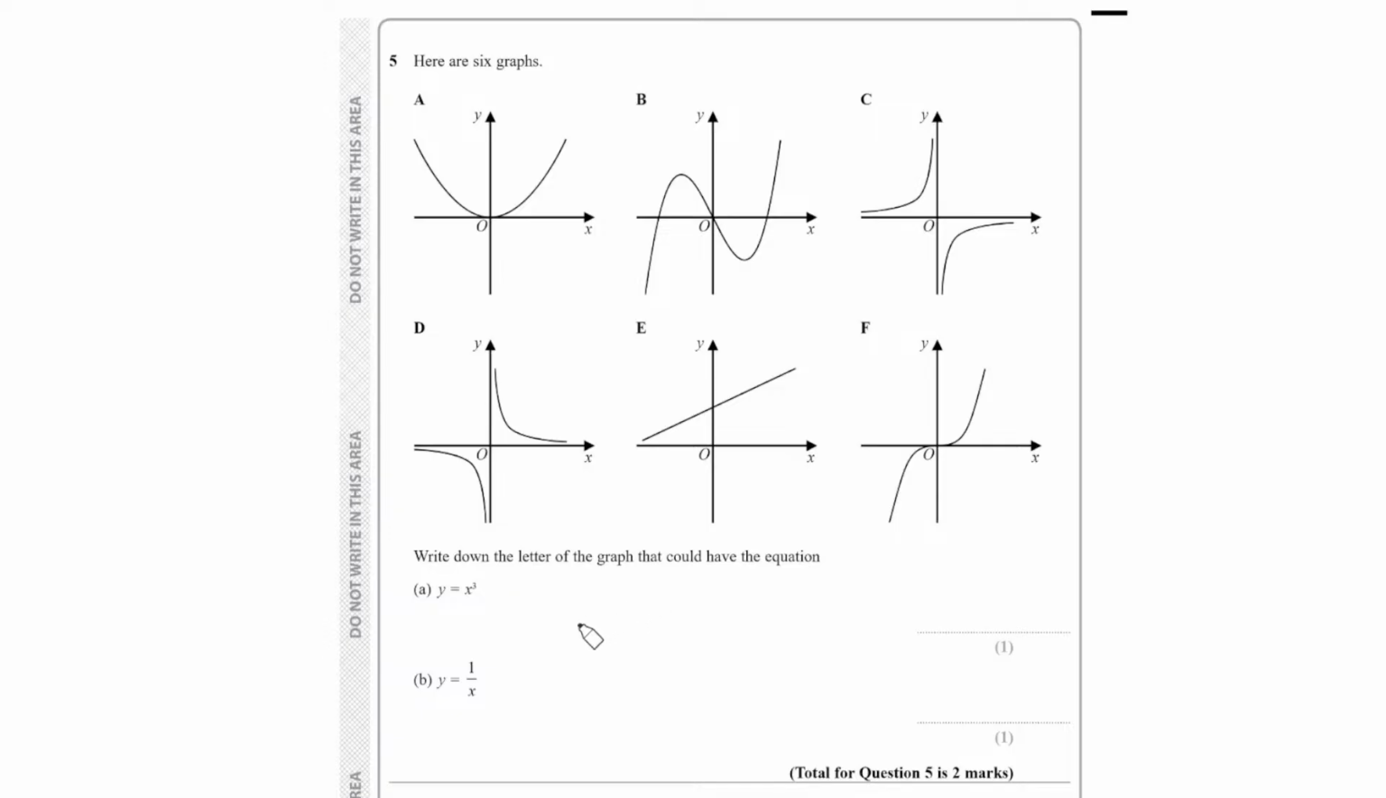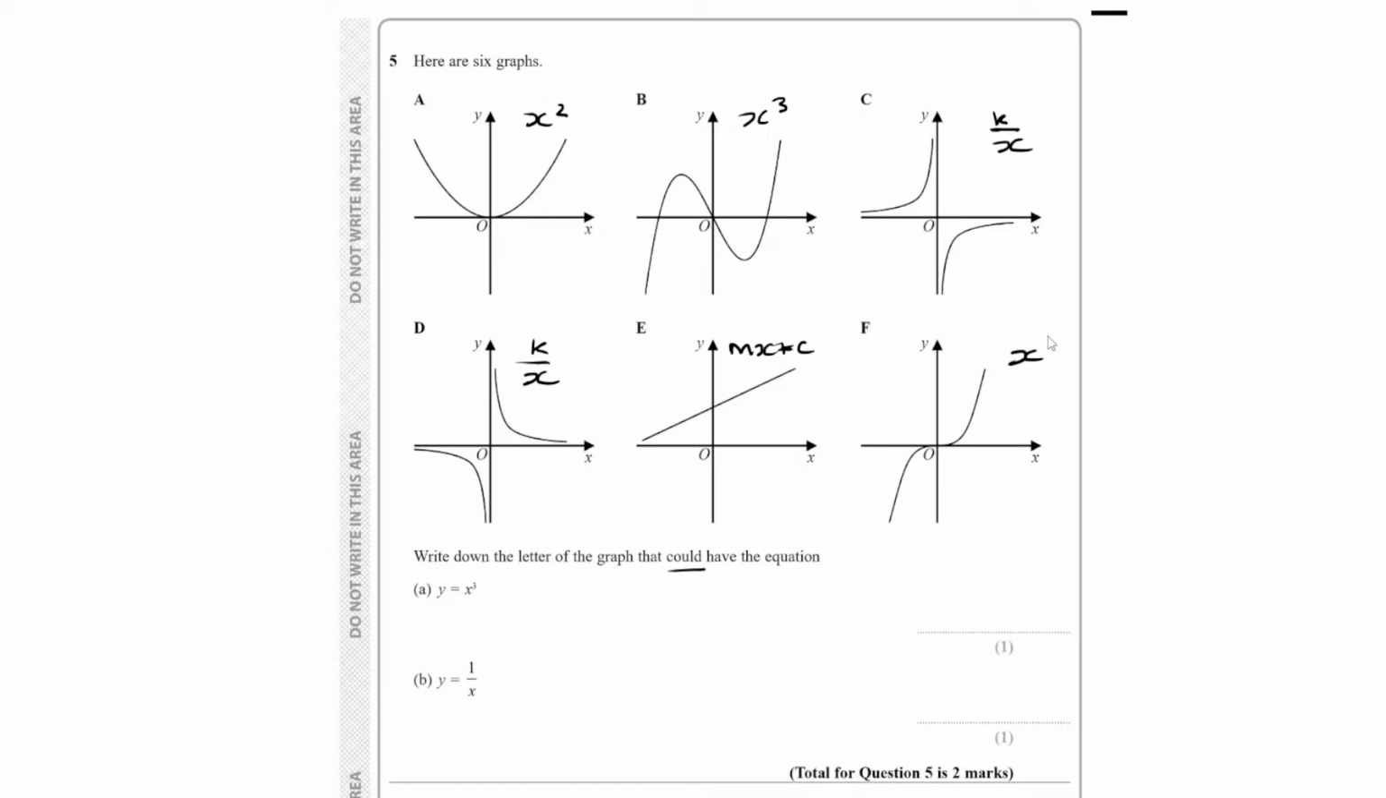Question 5, we've got here 6 graphs. Write down the letter of the graph that could have the equation y equals x cubed, first of all. So cubic graph. We want to be able to recognize all of these graphs, basically. The first one is a quadratic, x squared. The second one, that could be a cubic graph, because they said could. This one is a reciprocal graph. I think it's like a negative reciprocal, but I'll just write it as reciprocal. This one is then the other version of the reciprocal. This is obviously a straight line, linear, and this one,